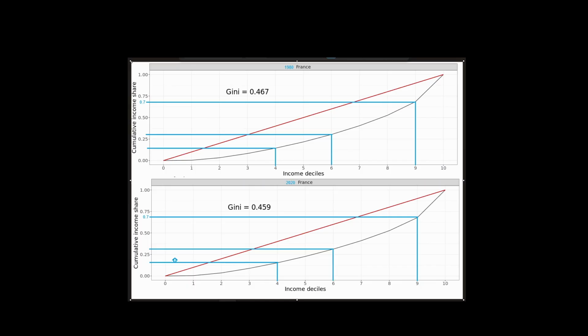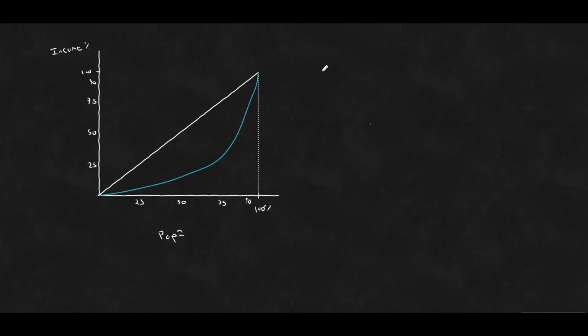Let's go talk about these Gini coefficients. They've been popping up on all of them. What exactly do they mean? So let's jump over and have a look at that. Okay, here we are back with our fictional Lorenz curve that I had just drawn. What we can do to evaluate this is find the Gini coefficient. What the Gini coefficient allows us to do is quickly compare between countries, or even within the same country across time, as we saw in those diagrams, the level of inequality that is taking place. It's just a way to aggregate all of the information in this graph into a single number.